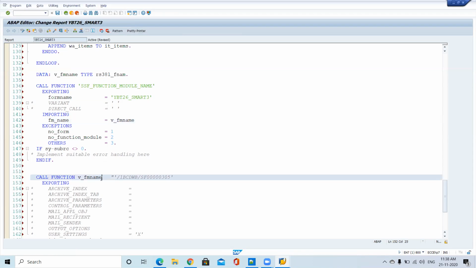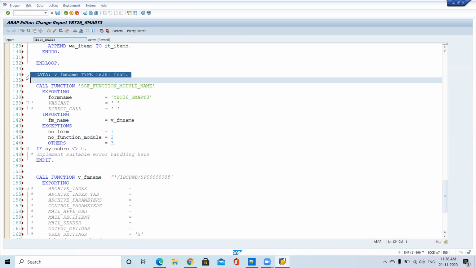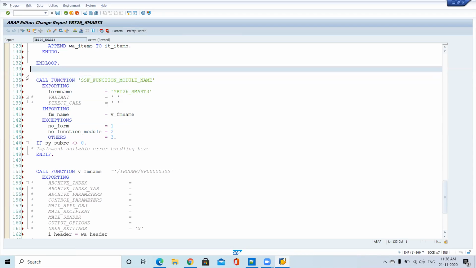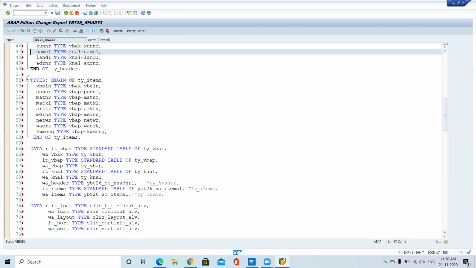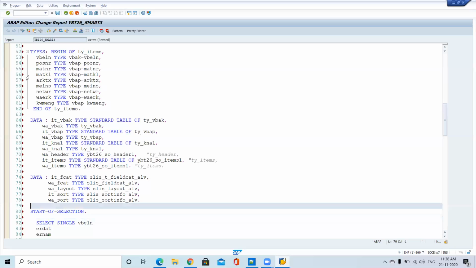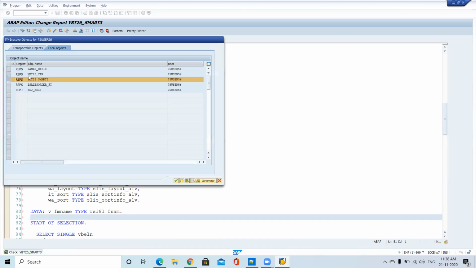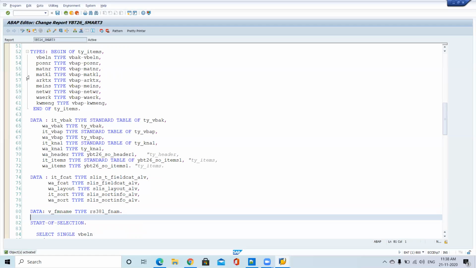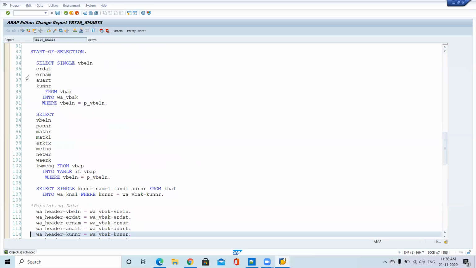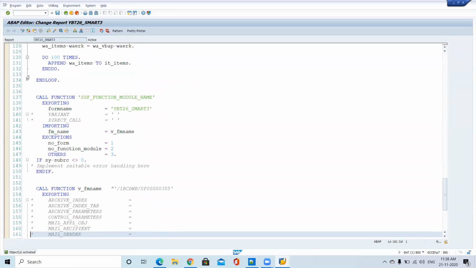Just pass the function module name here as a variable. Don't hard code this value. That is also an important question, so in the interview they will ask. Why? Because everything is working fine in the development system. You thought it is working fine, and after that you move to quality, and immediately it will go for a dump. So the functional consultant is getting a dump, and you are not aware of that. If you test in the development system, once again it is working fine. But why is it not working? Because the name will change.